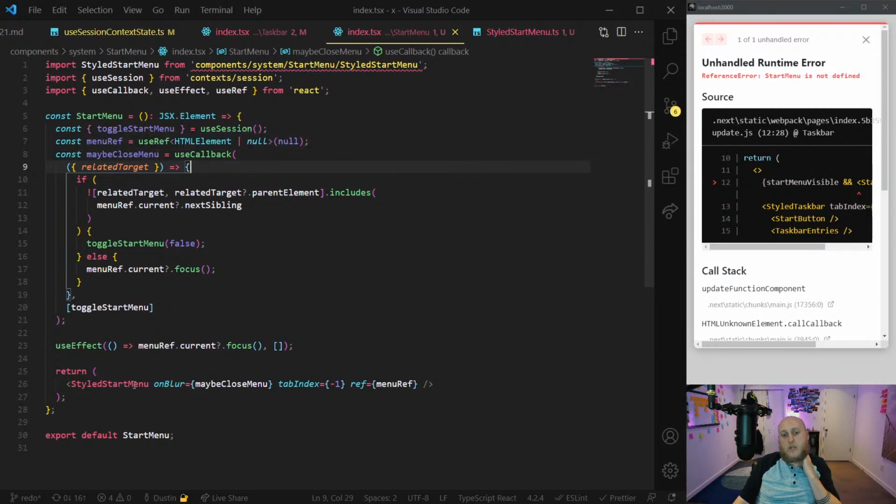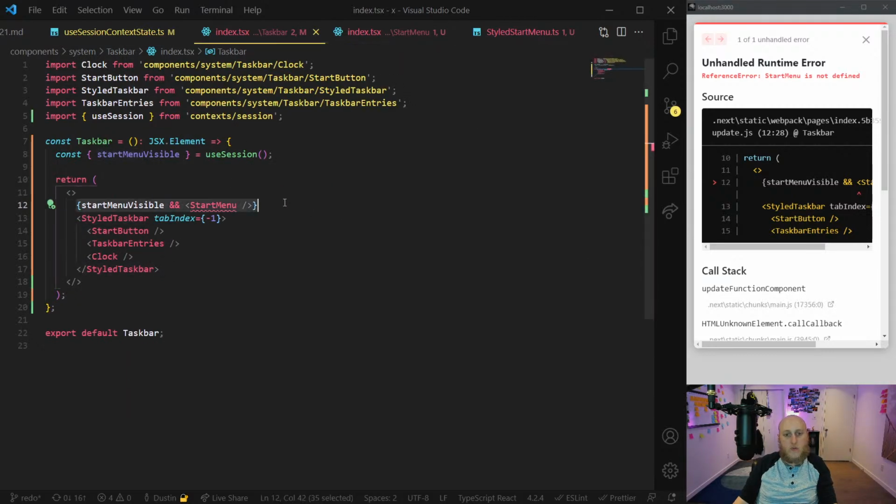So someone clicked somewhere else. Let's say they clicked the desktop. So that means this is now the desktop element, which is going to be the body in this case, because the desktop element's not clickable. So this is body, and then the parent of the body would be, this might be nothing. I don't know. Let's just say that's nothing in this case. So let's say, and then the menu's next sibling, if we go back to the taskbar, so this is where the menu would be. So its next sibling would be the taskbar. Wouldn't it? Yeah.